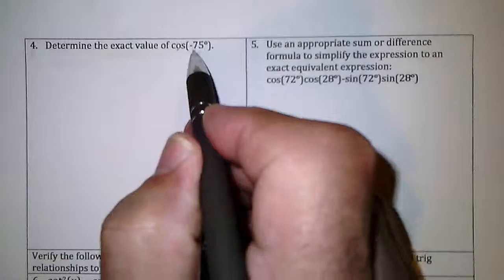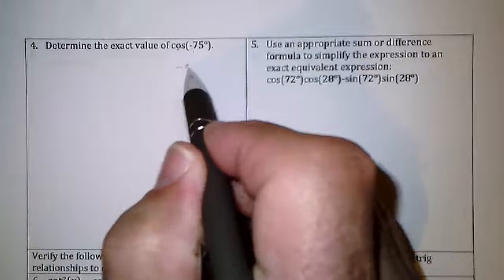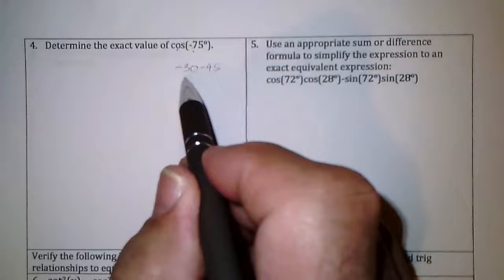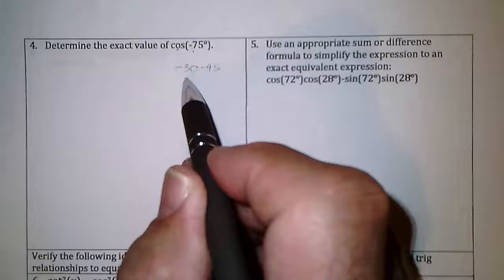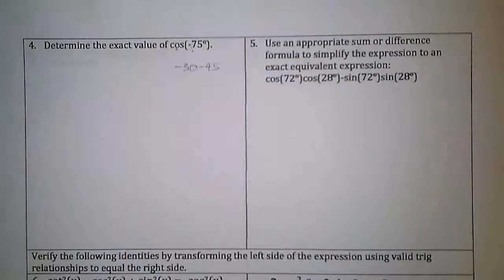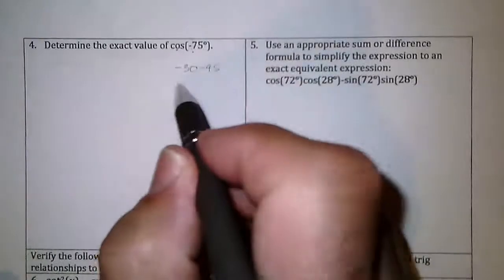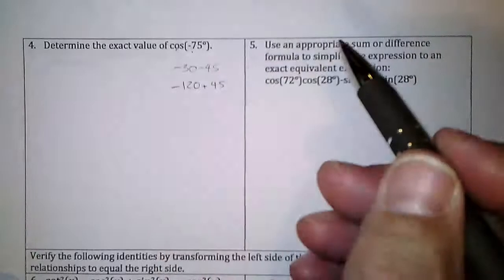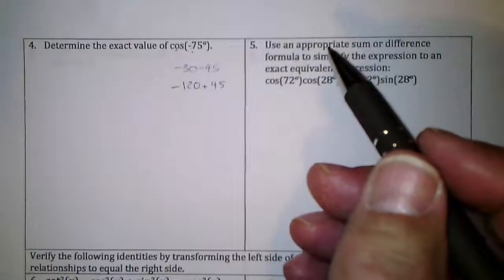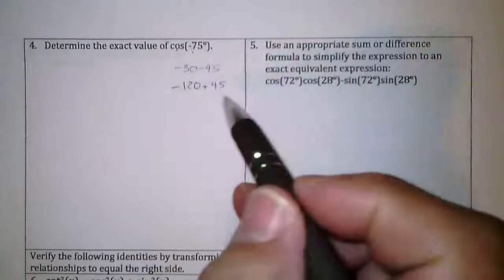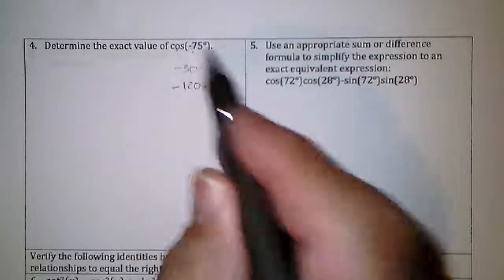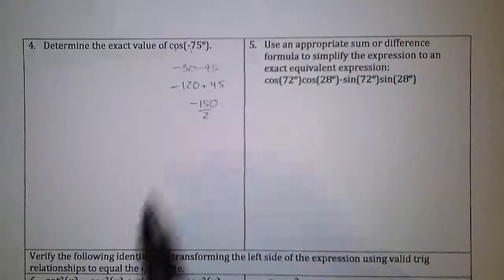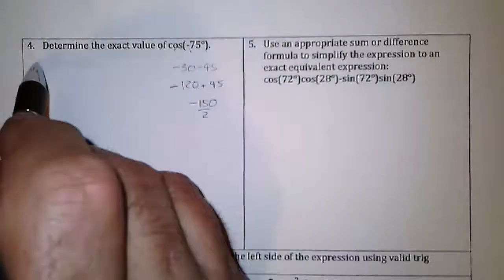Now, you can make negative 75 with negative 30 minus 45, or negative 120 plus 45. Would that be, yeah, that would be negative 75. You could also do double that, would be negative 150 over 2. And on this one, if you did this one, the cosine